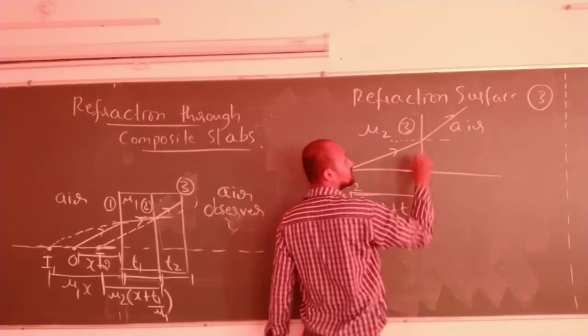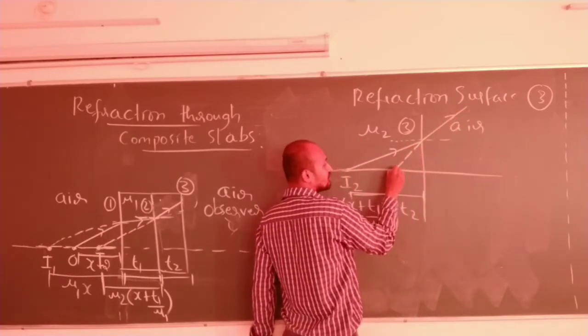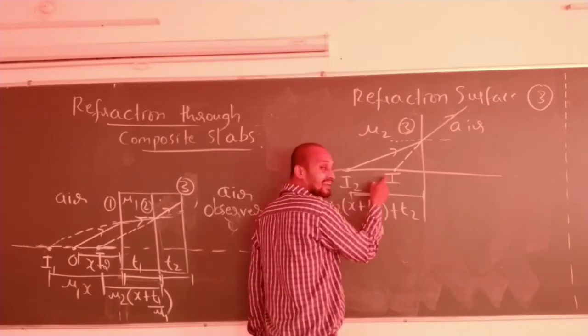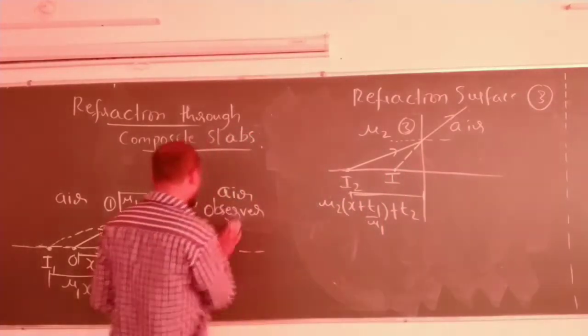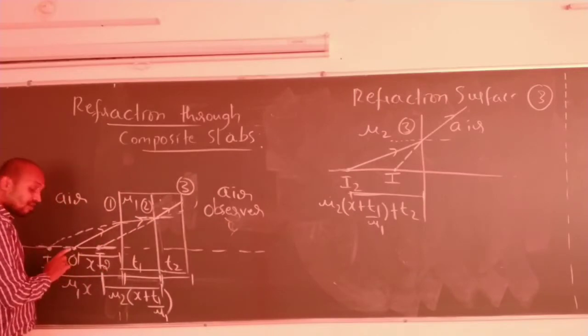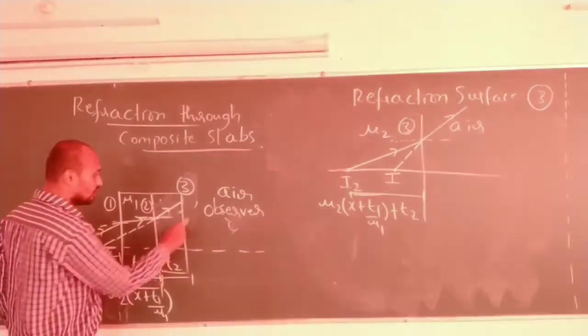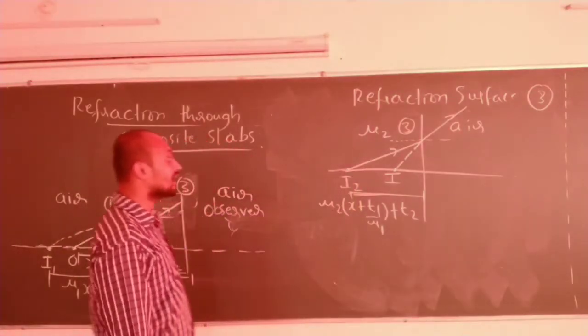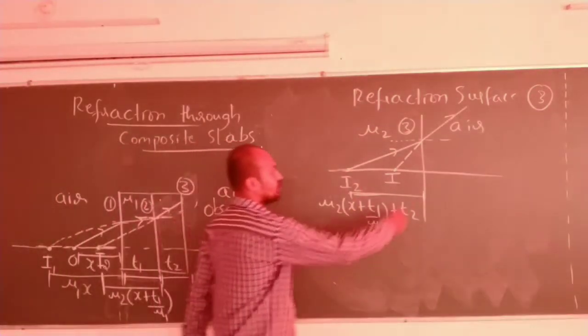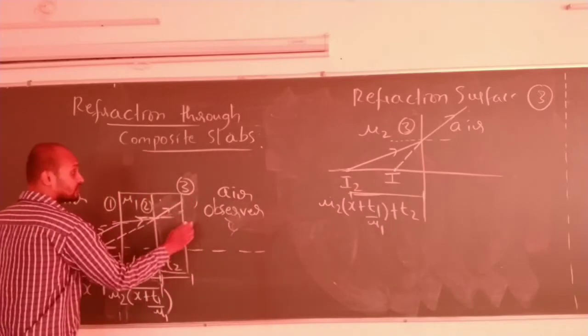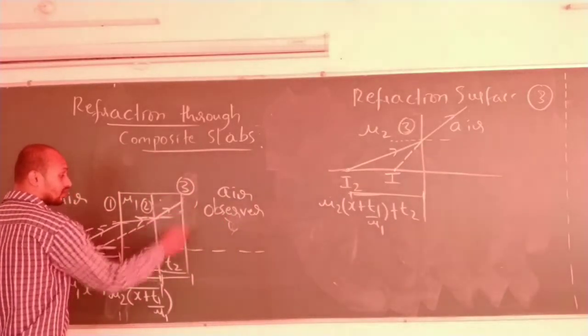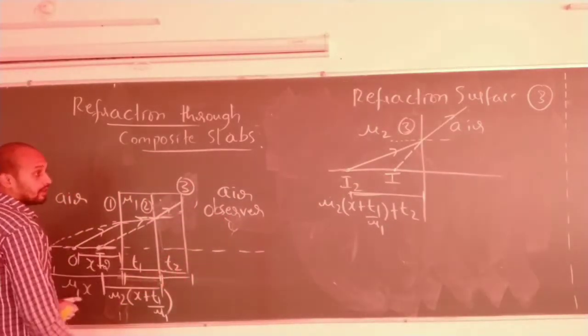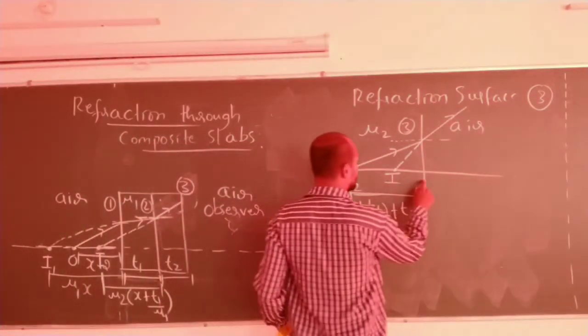Again it will bend away from the normal. At last, I is the image formed where this observer can see this object. I will be the last image, so we will find it from the final surface. This is the first surface for the observer. From this surface I am measuring all the depth. Correct now? I will find this distance now.